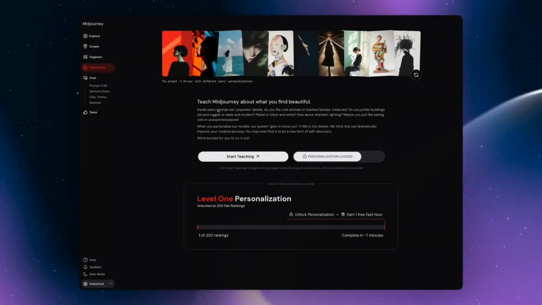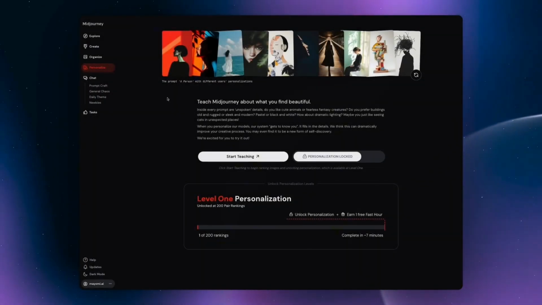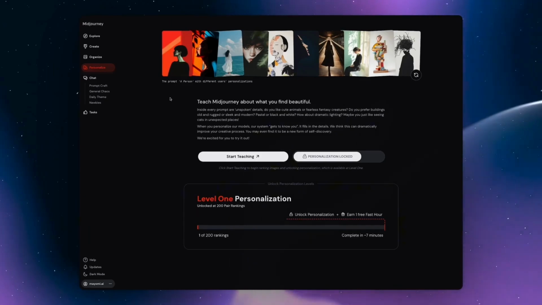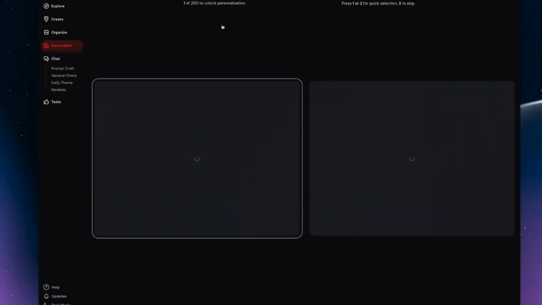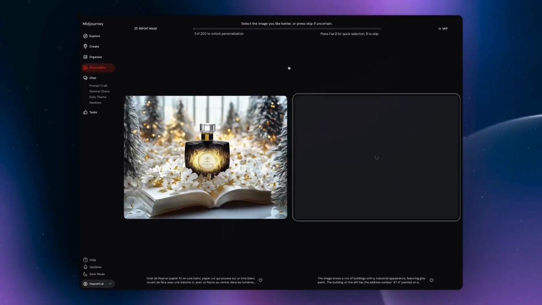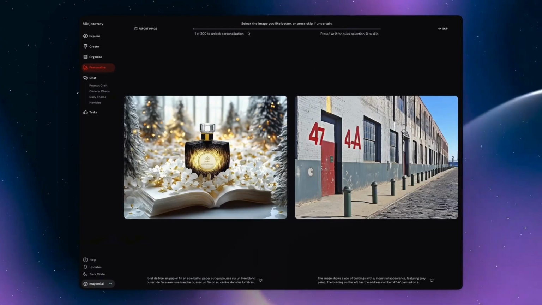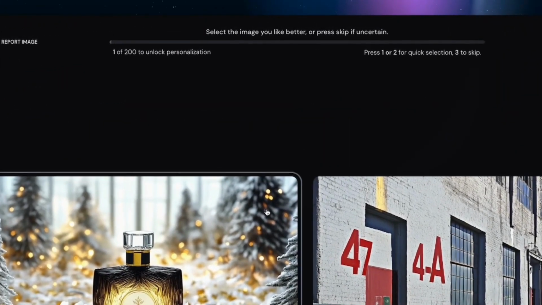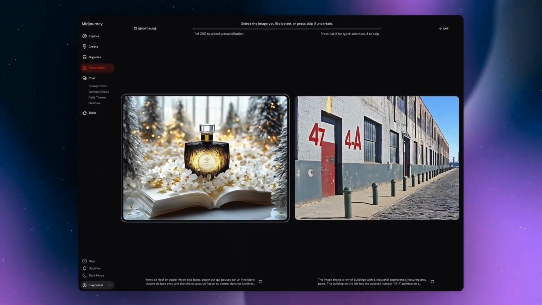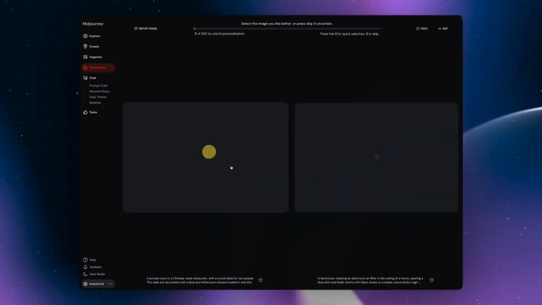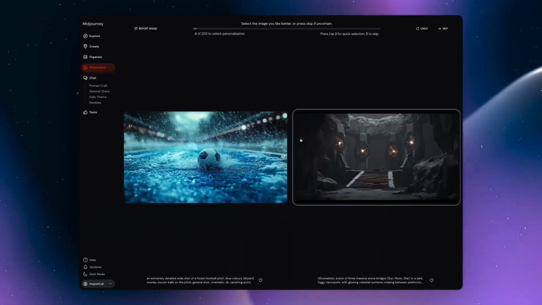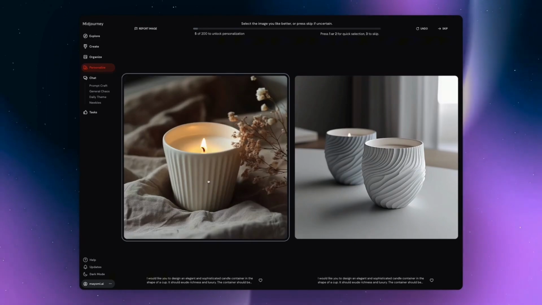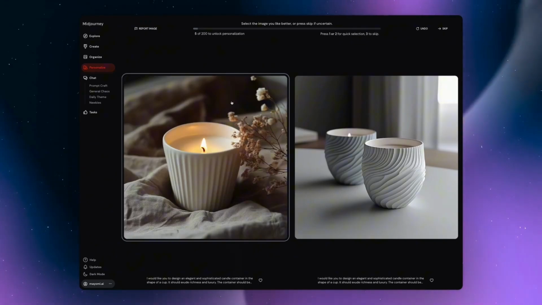Another neat little feature here on Midjourney Web is the ability to personalize, or essentially train, the Midjourney model to understand your tastes. If you just start teaching it, you have to go through 200 different images that are going to show up, and you see which image you like better and choose it. Let's say I go through this. It's going to give me an image. I go through this. And essentially you go through 200 different images like this, and you're just training